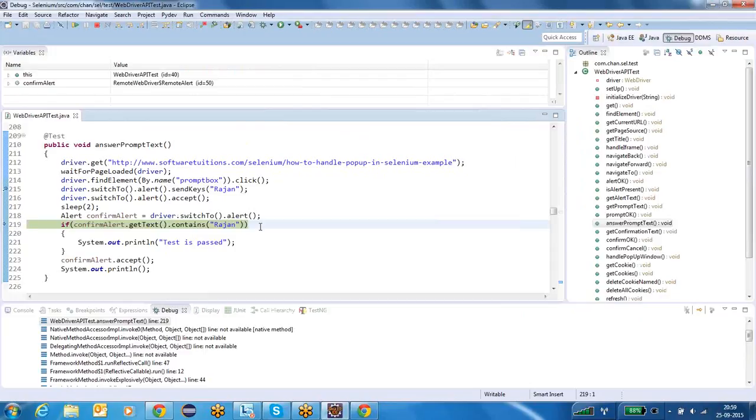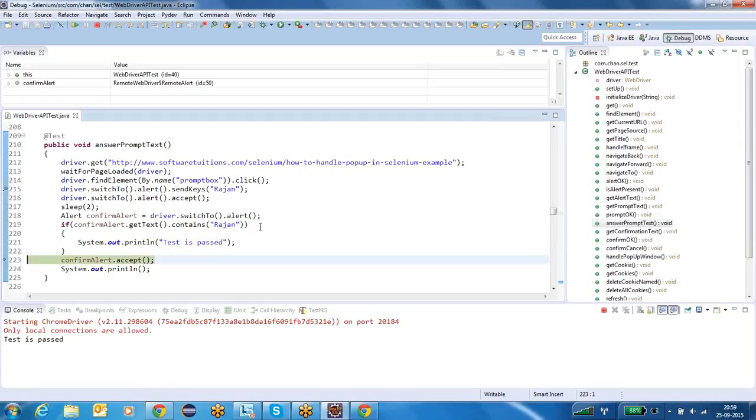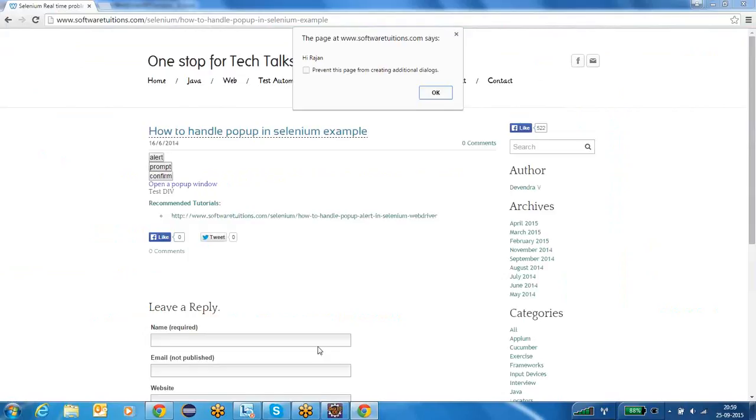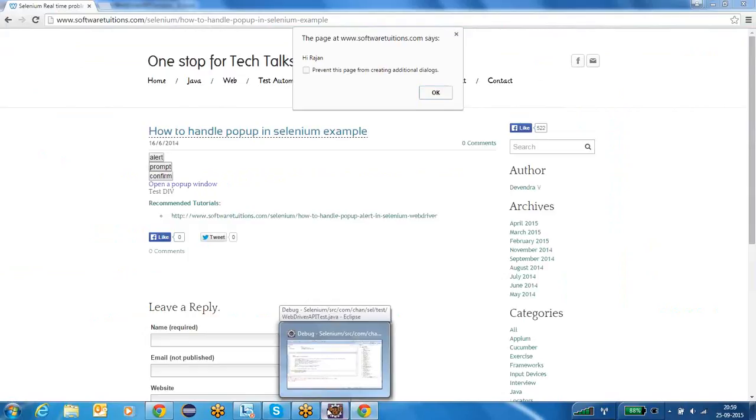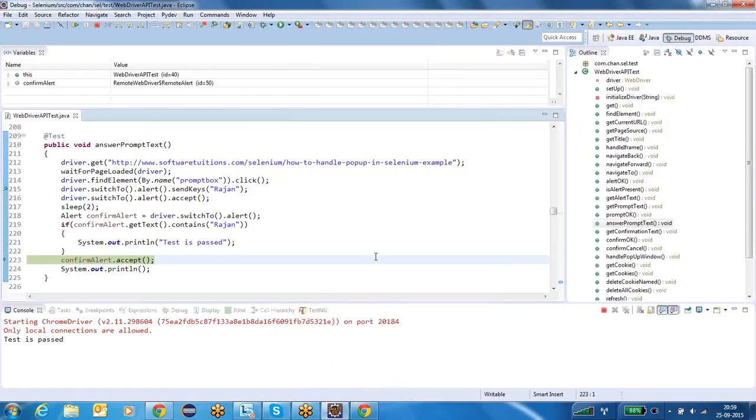That means sendKeys is working, right? So I am checking whether the text contains Rajan or not. It contains Rajan. That's why it entered this block. I am printing test case is passed. After that, to close this alert box, I have the accept method, right? So I am calling the accept method. Now the alert box is also closed.